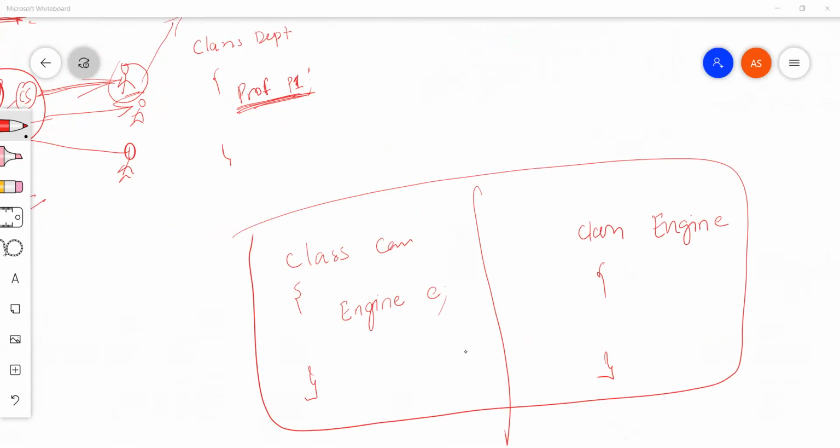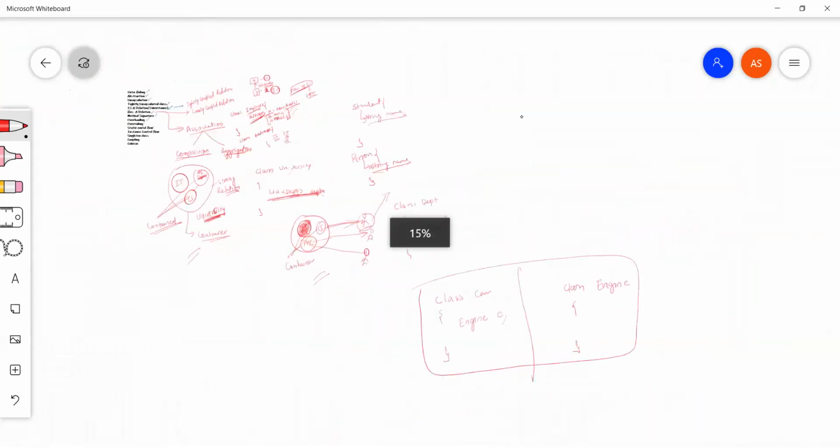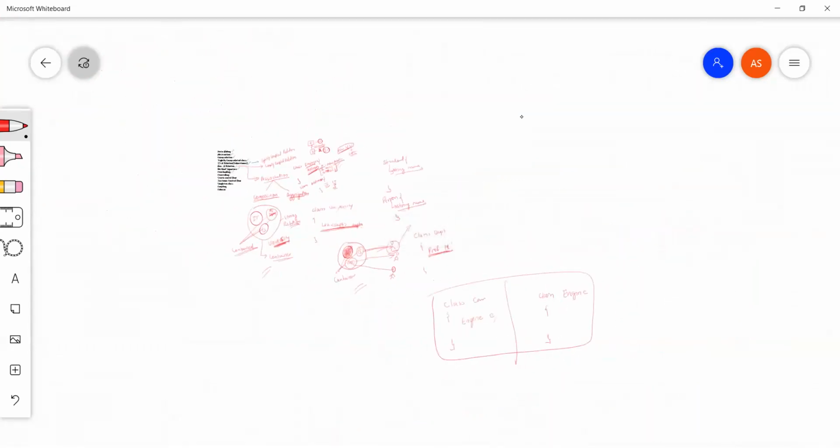It's a composition, because the engine resides inside the car. There are other examples as well. You can explore on Google and find out, but at code level there won't be any difference.